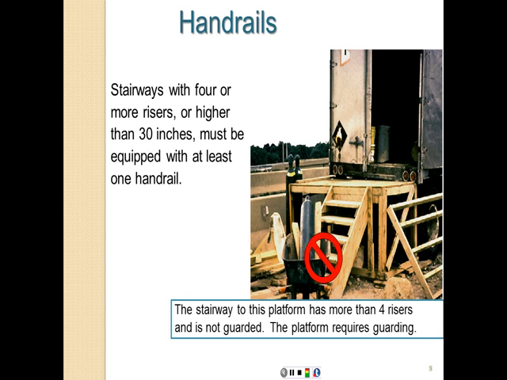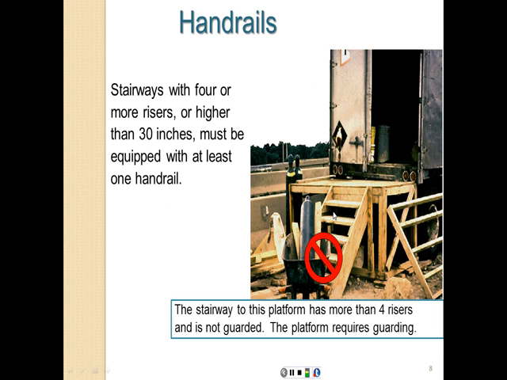Here's a picture, for example, that shows a violation. Why is there a violation here? Because there's a requirement. Stairways with 4 or more risers or higher than 30 inches must be equipped with at least one handrail. So if the difference in elevation is more than 30 inches, of course if it's more than 19 inches, then we're going to need a stair or a ladder. Now this is if it's more than 30 inches, and if it has more than 4 stairs, not only are we going to need a stair or a ladder, but we're also going to need handrails or guardrails on both